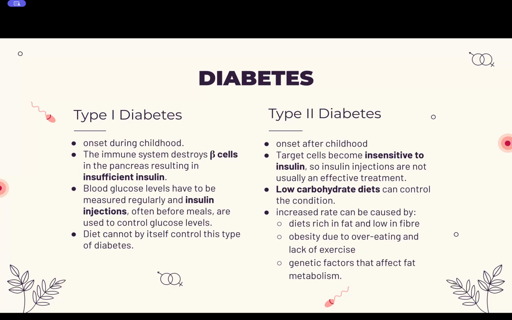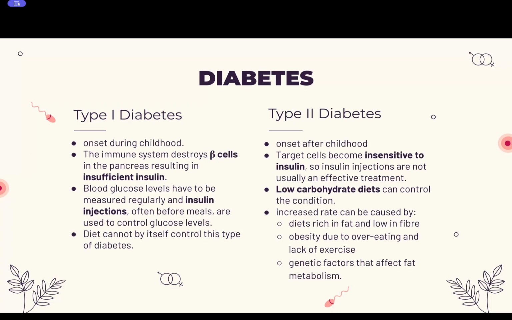It's an autoimmune disorder where the immune system will destroy the beta cells in our pancreas, which means that there's not going to be enough insulin within our body. Blood glucose levels will always be way too high because there's no way to convert the glucose into glycogen. So when someone has type 1 diabetes, blood glucose levels have to be measured regularly,